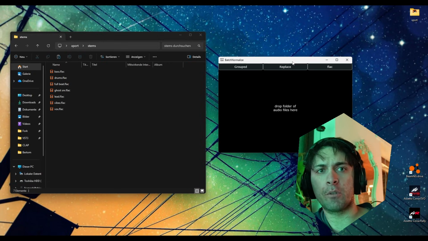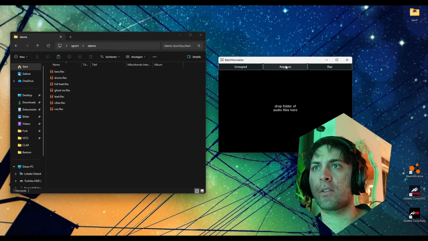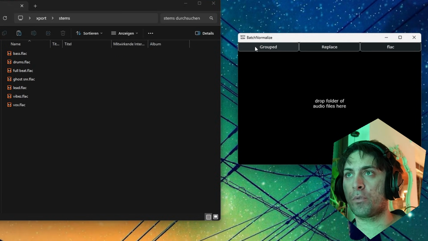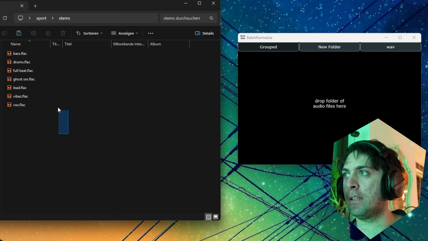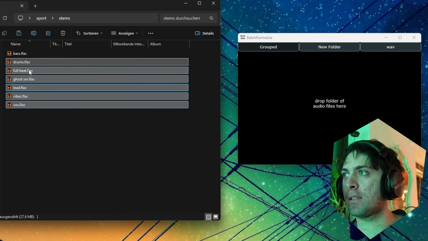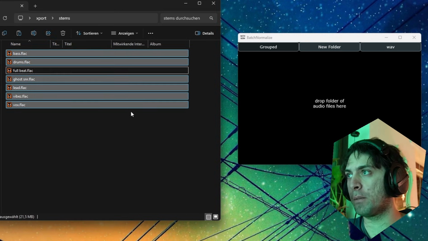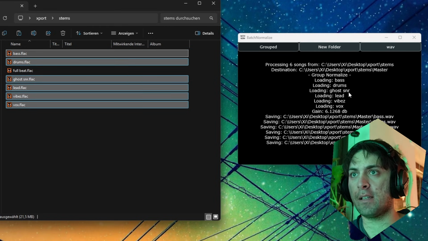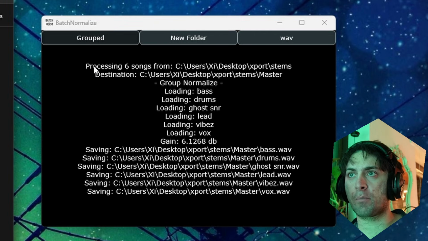Now, before going on, I will show you the default behavior that my software had before I made this update. In order to do so, you have to select grouped and new folder and wave. And now if you take all of these stems except for the full beat one and drag them on here, it says the following thing, which is processing 6 songs, destination this folder, then it loads all of these songs